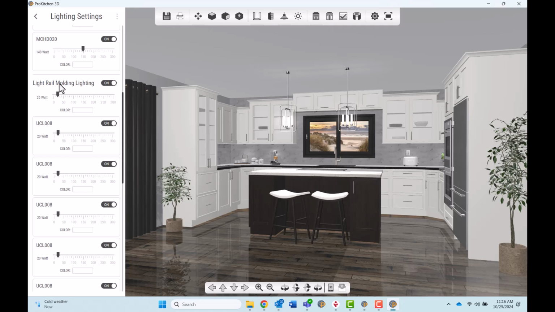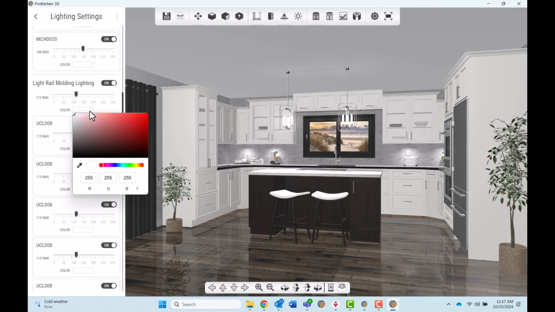If you added lighting with the one-click Add All Molding Lighting tool, you will also be provided a master control that will allow you to adjust all the indicated molding lighting simultaneously, assisting you in creating a consistent brightness level for all applied lights. To choose a different color for any individual light source, left-click in the box next to